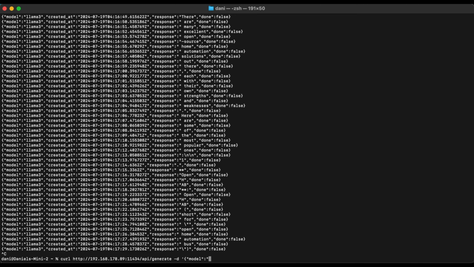We use LLaVA, which is a multimodal model which is able to handle images. Then we say prompt, and we ask it, what do you see in this image? And then we also have to define the image. For that you can use the parameter images,